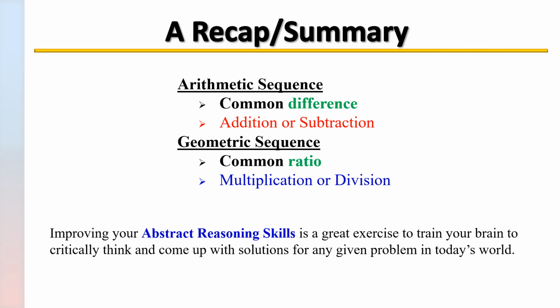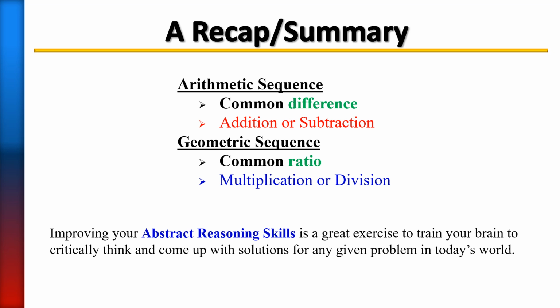So just a recap, arithmetic sequences are those that have a common difference. In other words, the difference between your terms. Going forward is adding, going backwards, subtraction. Geometric sequences, on the other hand, they have common ratios, and going forward it would be multiplication, or going backwards it would be a form of division. Now, of course, if it's a fraction, it would probably be easiest to use division. But anyway,